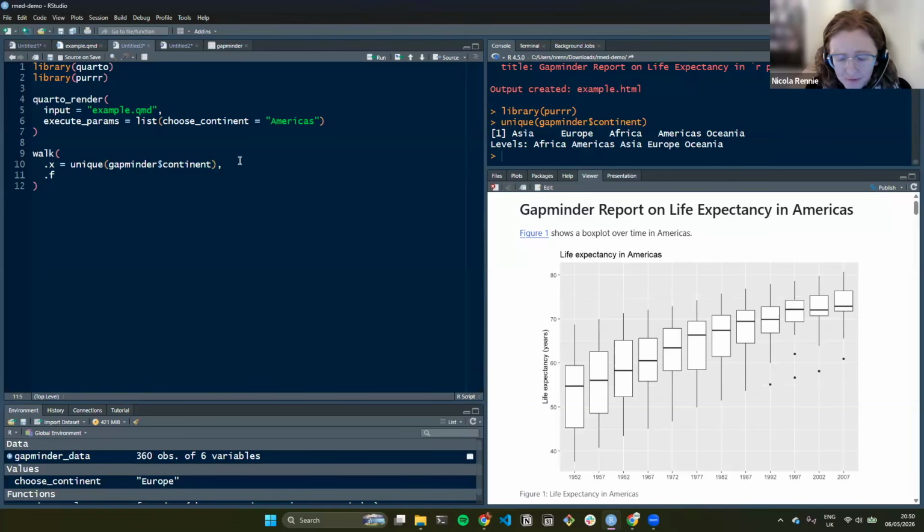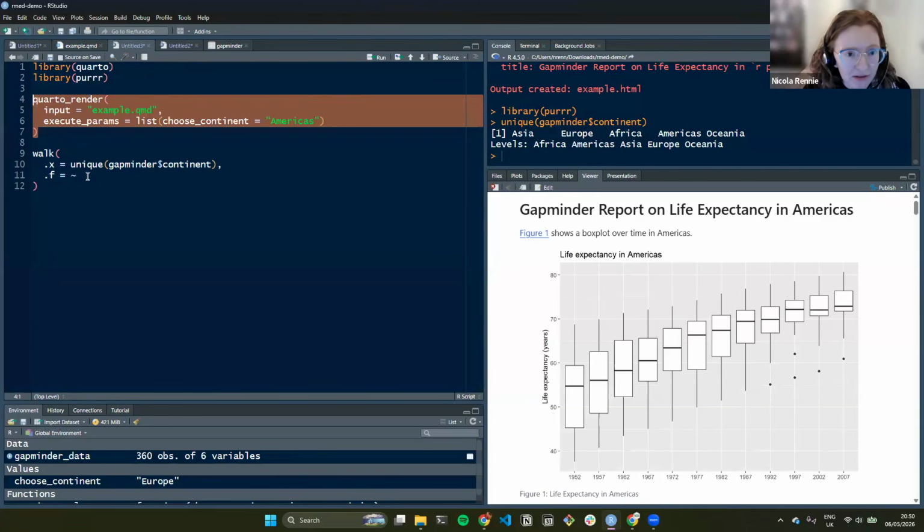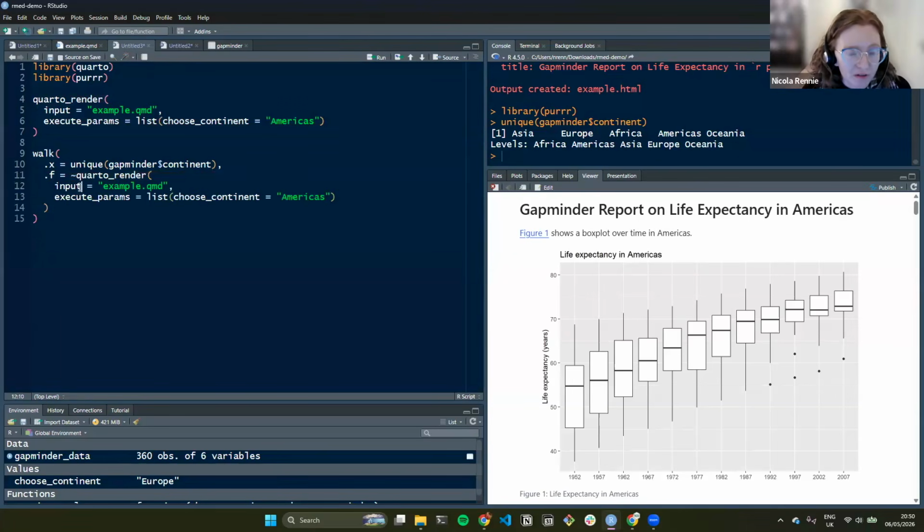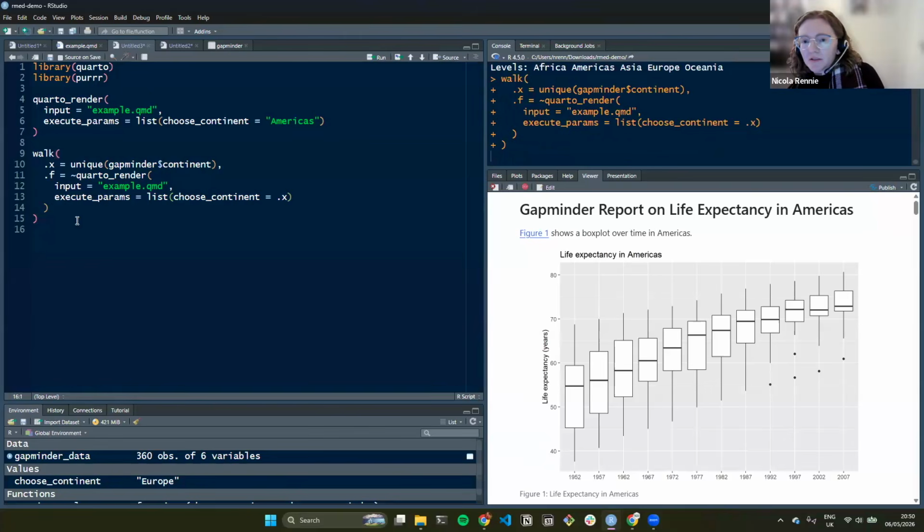And then the function we want to run is this one here. Our input file doesn't change, but our execute params arguments do. We want that to be .x. So basically for each value in .x, put that in as a parameter. So what this should do is generate a report for every value of the continents. Okay, so I'm going to run that, and